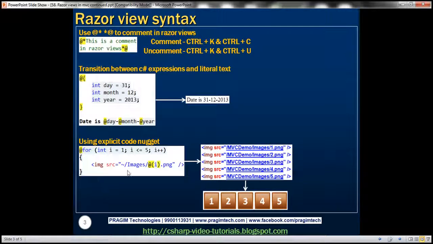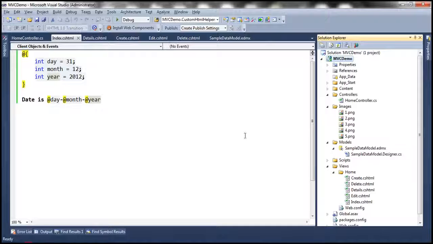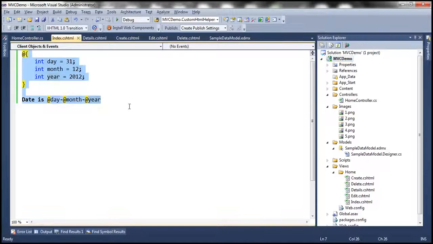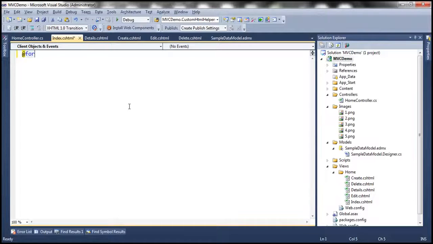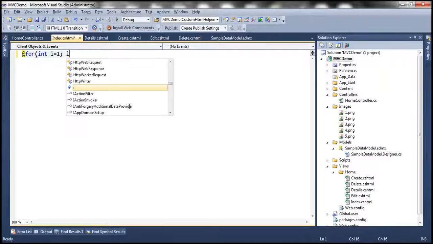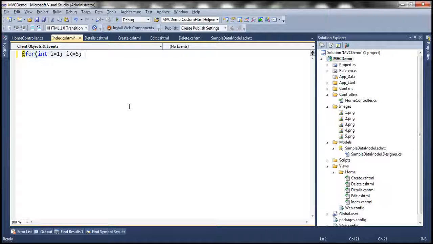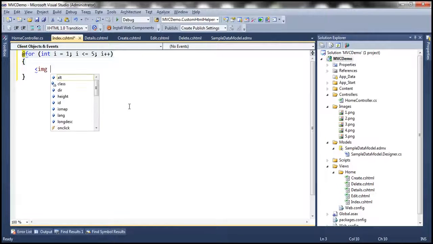Okay, so let's actually look at that in action. So we already have the images that we need. So we're going to make use of the for loop. So for int i is equal to 1, i less than or equal to 5, i plus plus. And we want an image tag there. So image, we need to specify the source attribute. So source is going to be tilde, which indicates the root directory, / that's present in our images folder, and